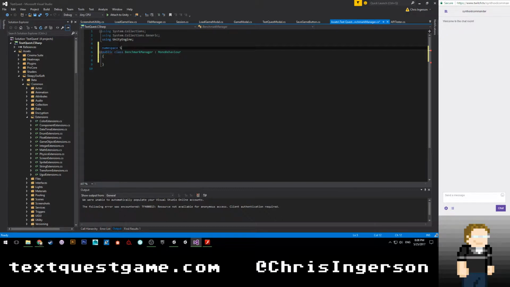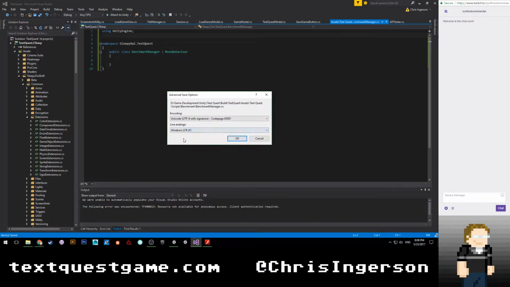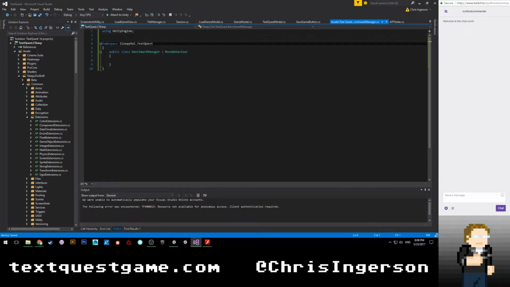Namespace SleepyOwl.TextRequest. All right, get rid of the system stuff. Hit save, file, advanced save options, Windows. All right, let's see. We're going to need a couple of different things too. Using